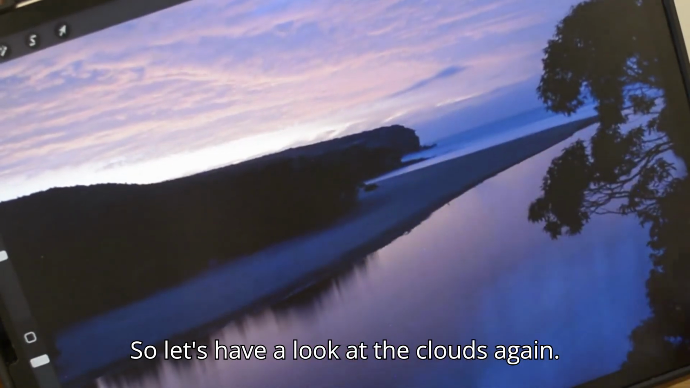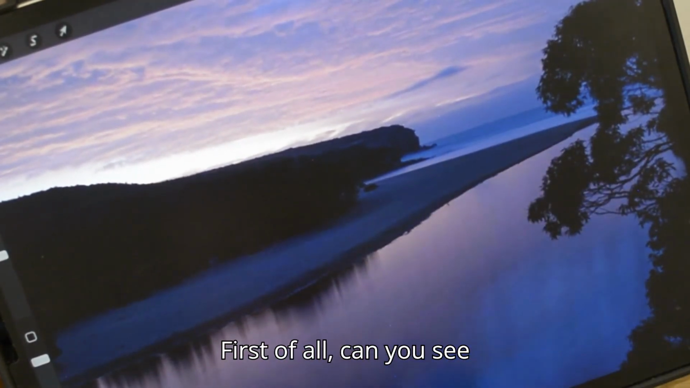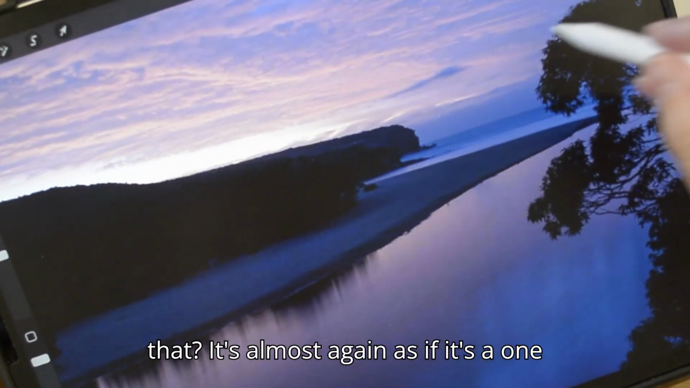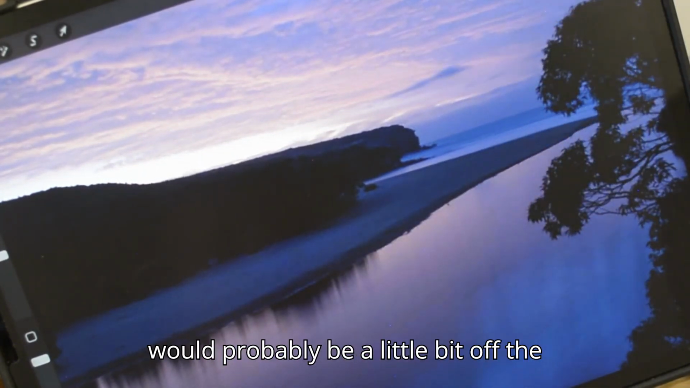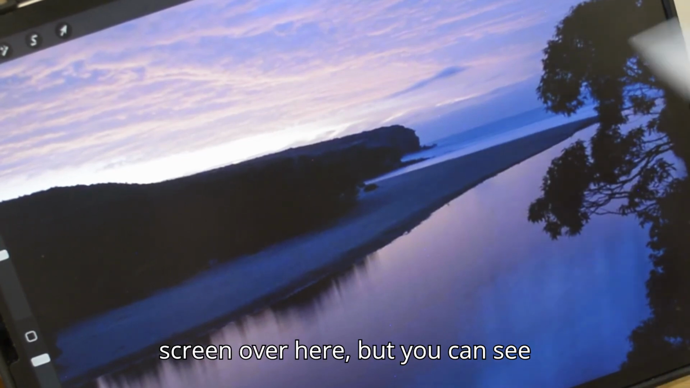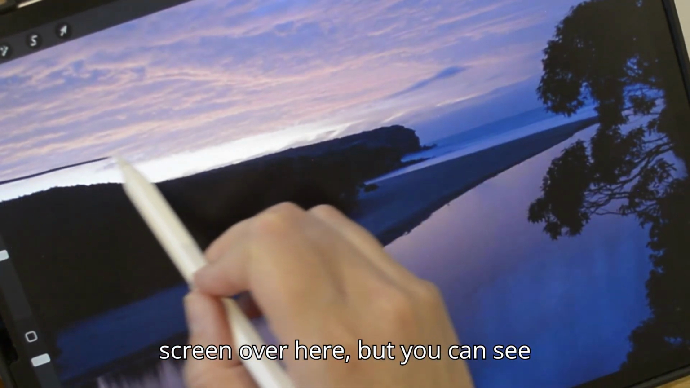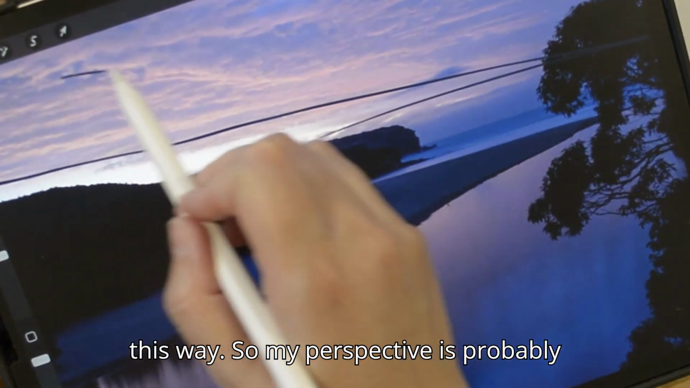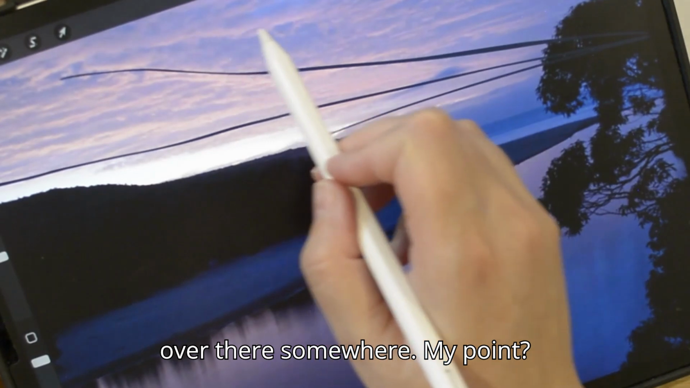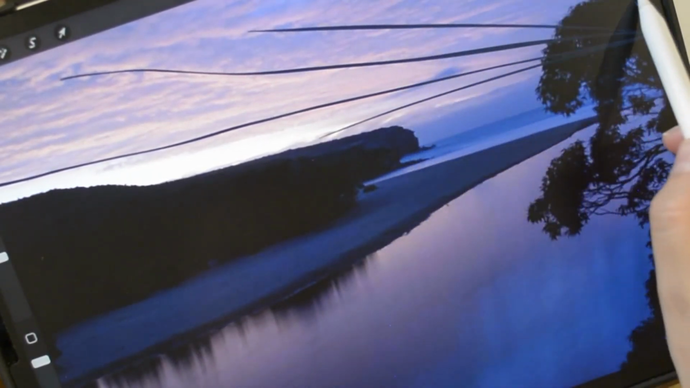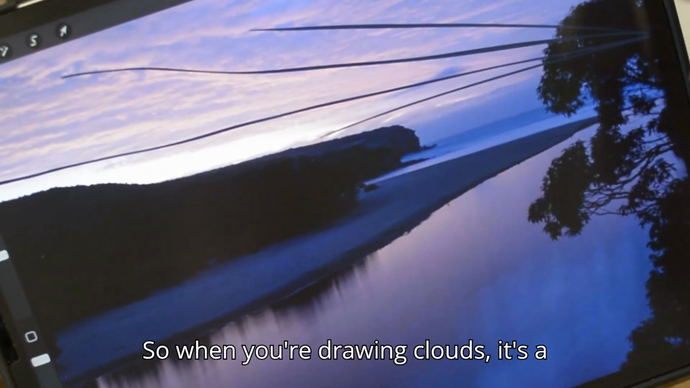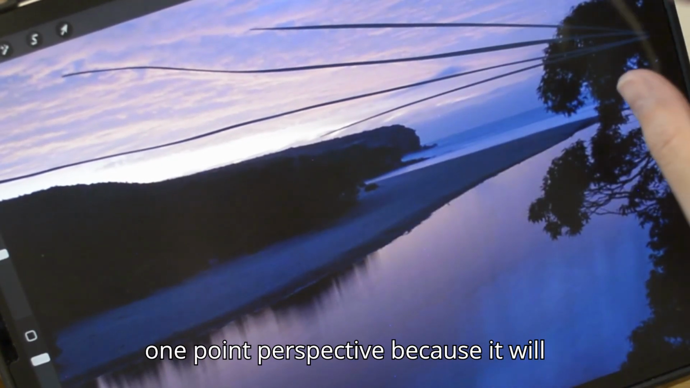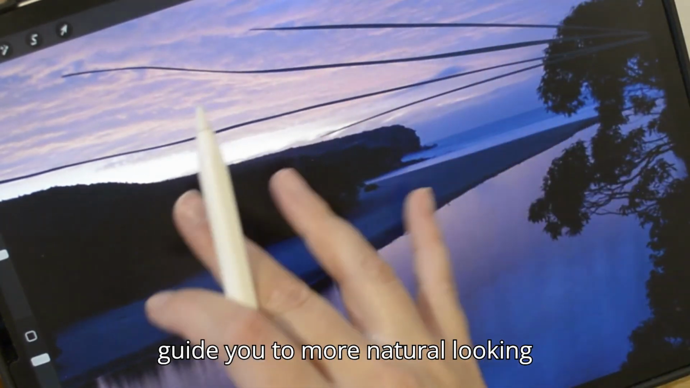So let's have a look at the clouds again. First of all, can you see that it's almost again as if it's a 1-point perspective, and the perspective would probably be a little bit off the screen over here, but you can see it's actually looking like it's moving this way. So my perspective is probably over there somewhere, my point. So when you're drawing clouds, it's a good idea to continue using 1-point perspective because it will guide you to